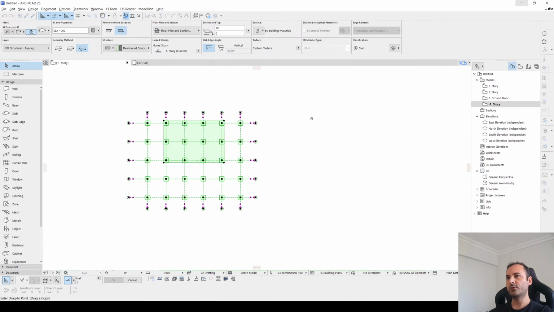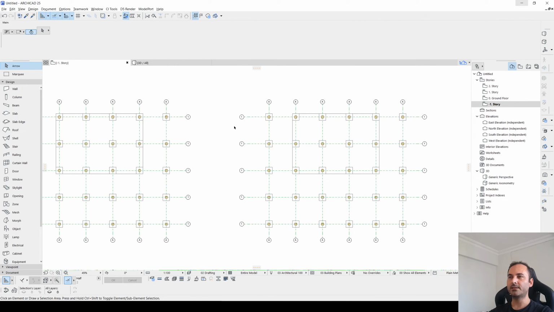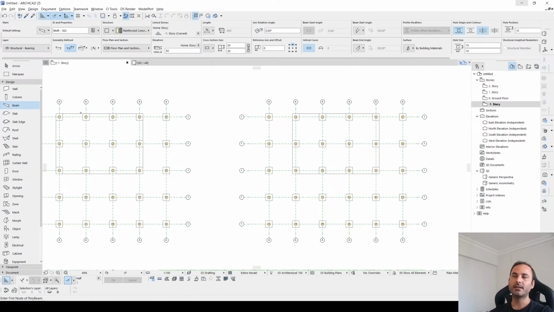Now I'm going to show you the second approach. Let's say that they are not isolated footing. Let's say that they are continuous footing. To create continuous footing, we are going to use our beam tools. Let's go to beam tools, click that, and the thickness will be changed according to the slab thickness, the footing